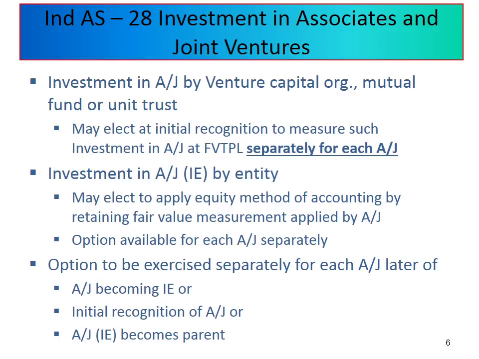But there was no clarification whether this option is for all the assets which are investments in associates and joint ventures that are part of this particular bucket, or whether I have the option to opt separately for each associate or joint venture. With this amendment, it has been clarified that yes, you have the option to make a separate election of measurement for each associate or joint venture in the cases which qualify to be measured at FVTPL.